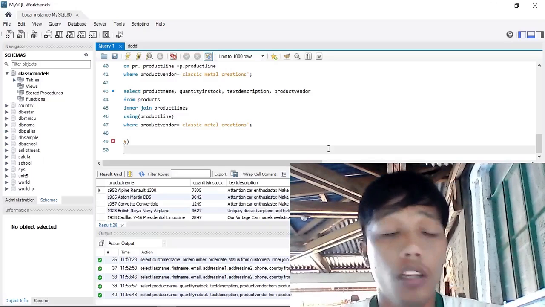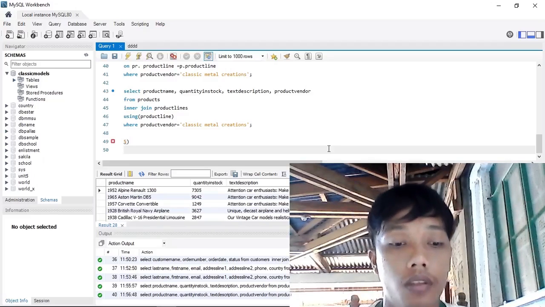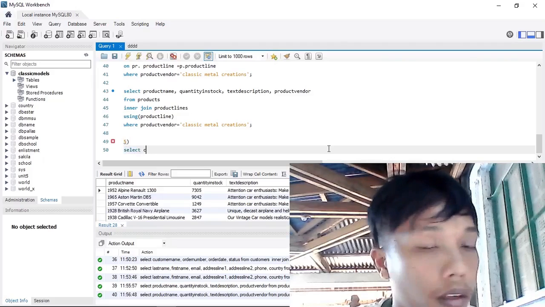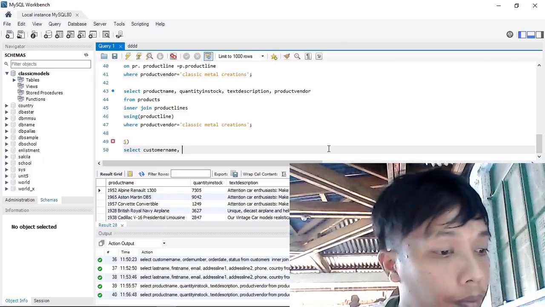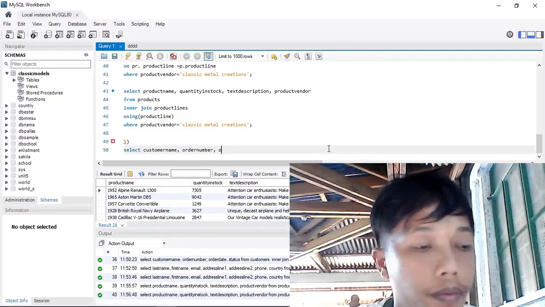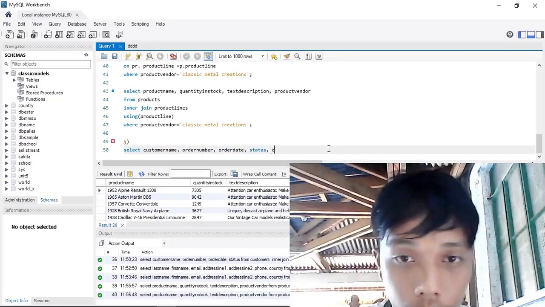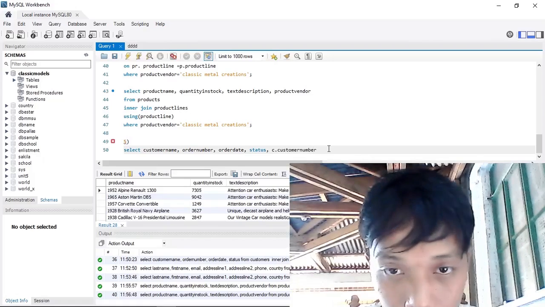Okay sir, combining two tables, customers and orders. Okay sir, the first syntax: select customer name, order number, order date, status, customer number,